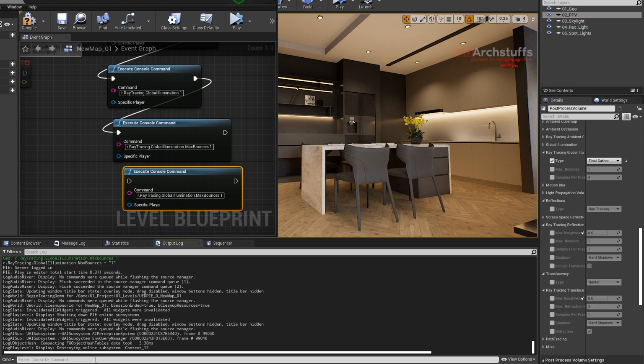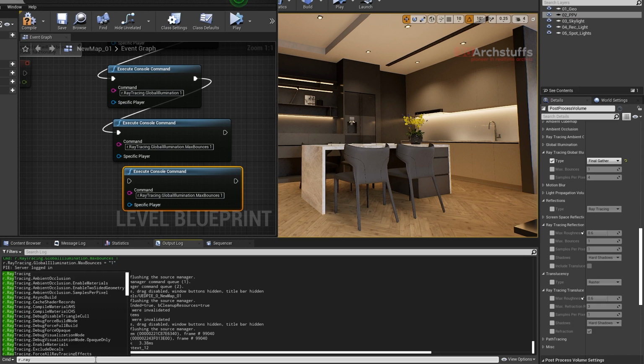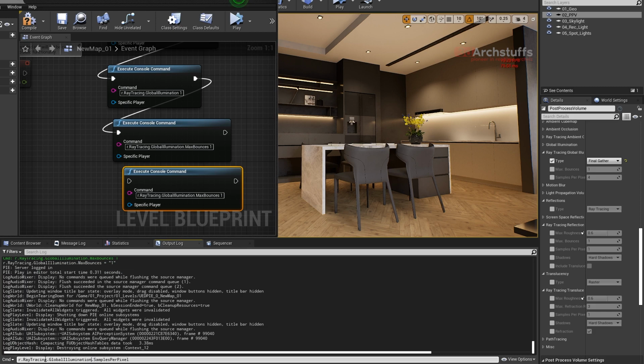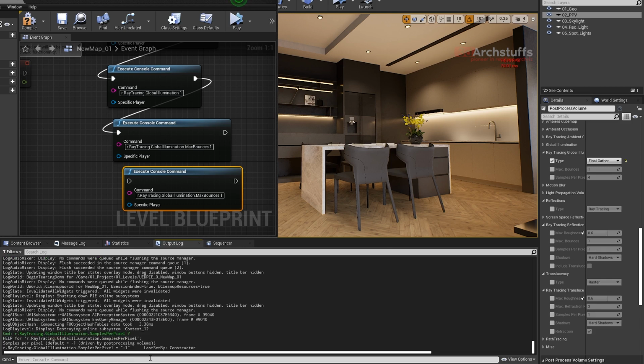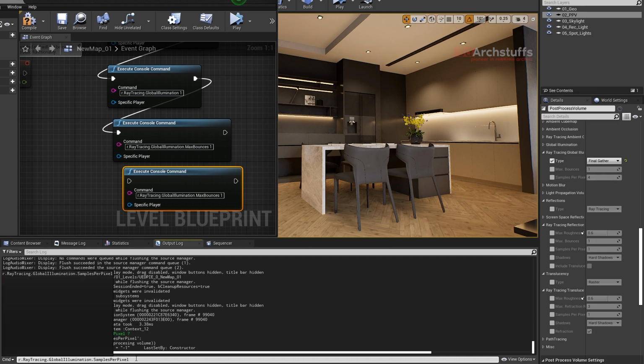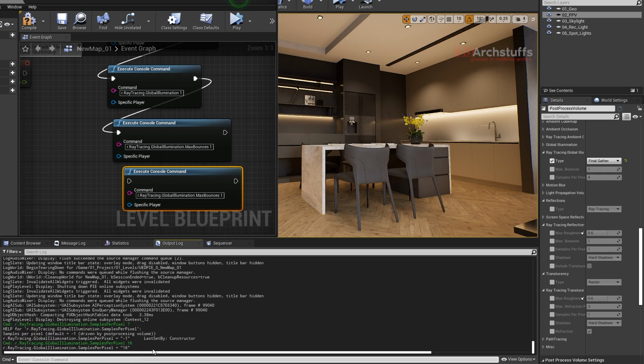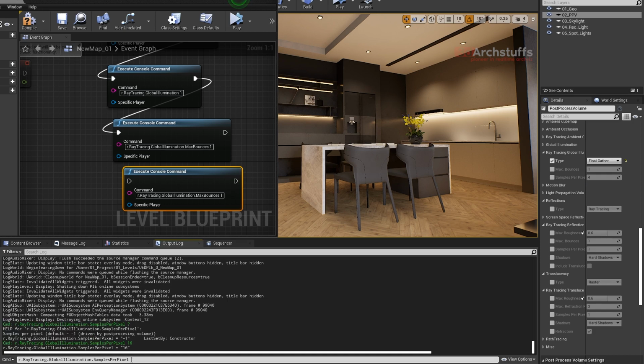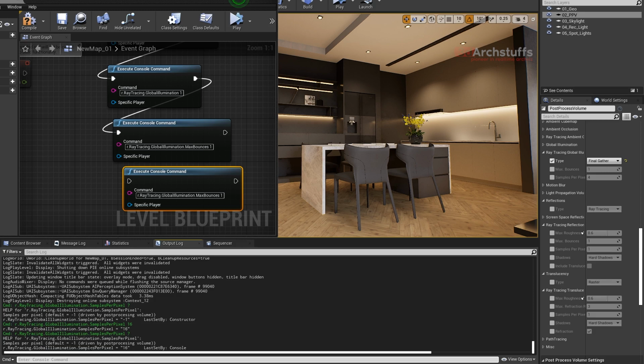So we can go here like r.RayTracing, and then GlobalIllumination, and then SamplesPerPixel. So if we see this global illumination sample per pixel, this setting is from here. Okay, and if you go ahead and press question mark, then it will say that it's -1 and it's taking its value from post process, that is value 4. So if you go ahead and maybe make it like 16, and now if you go ahead here and press question mark again, then you can see that this global illumination sample per pixel is 16 now,